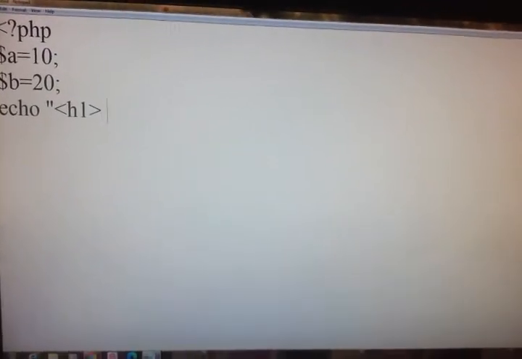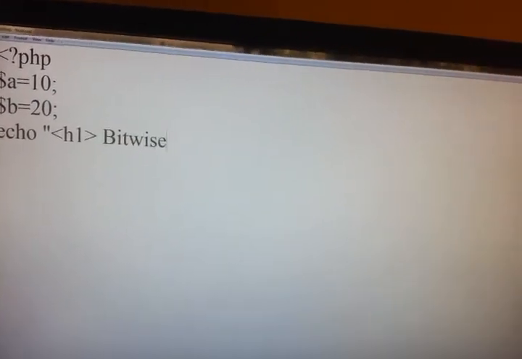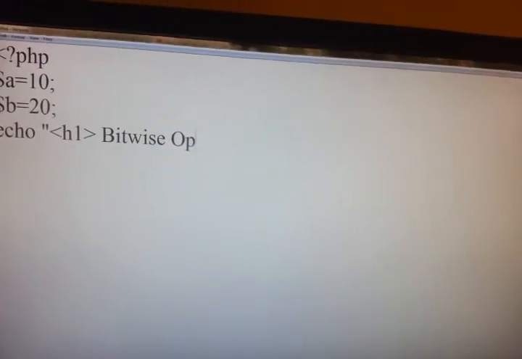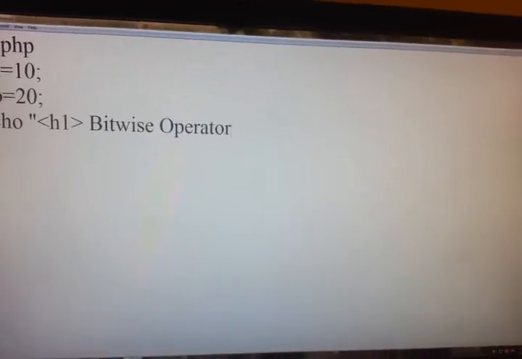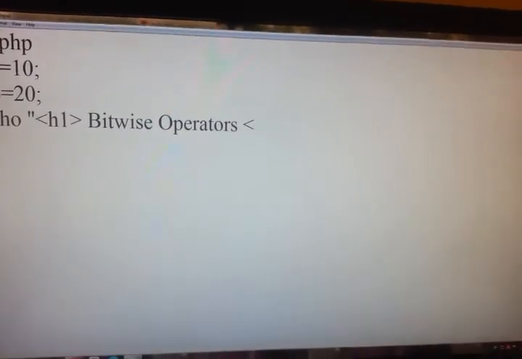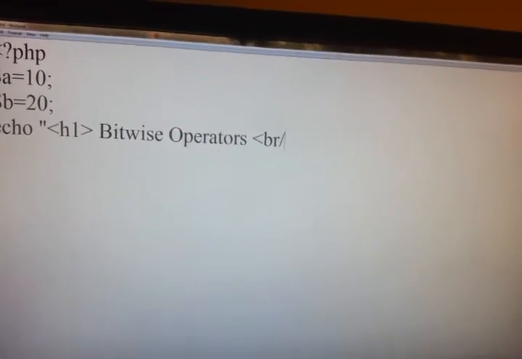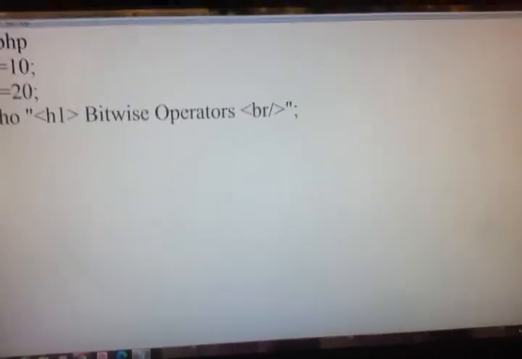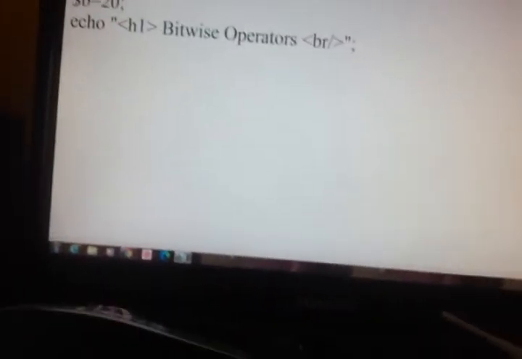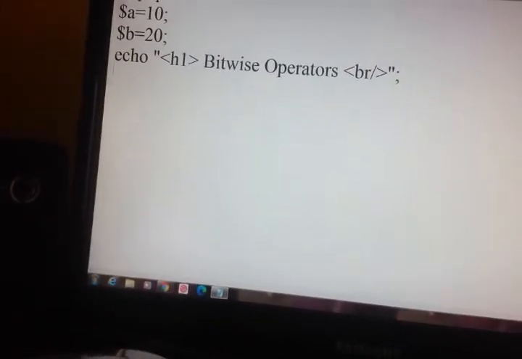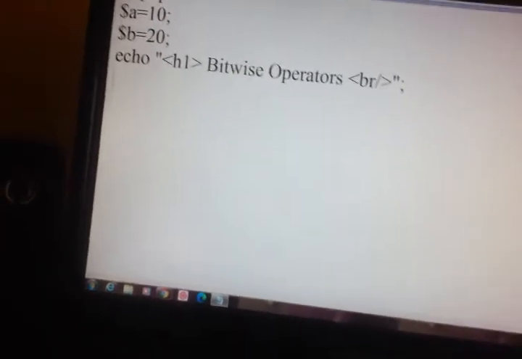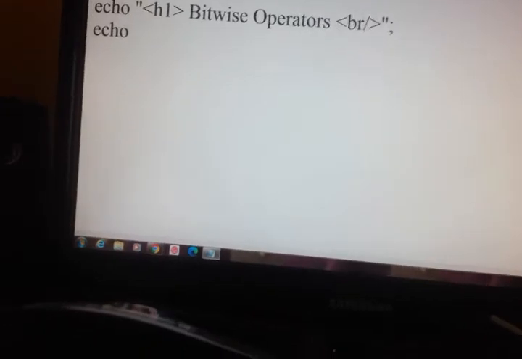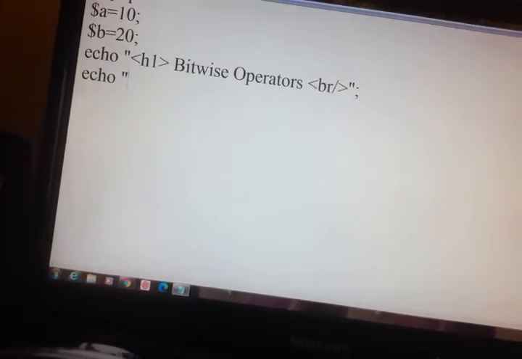Echo H1 bitwise operators. Echo. Now we'll see bitwise AND.